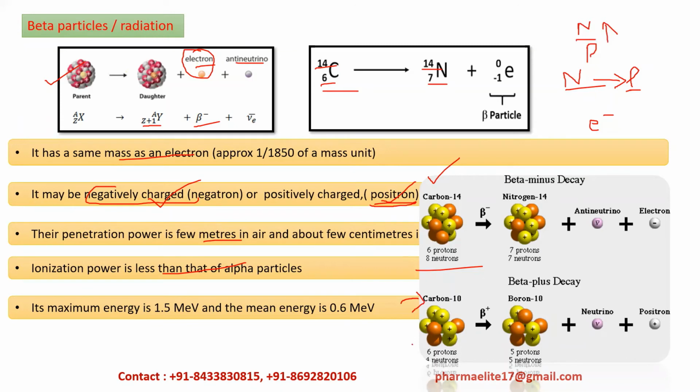यहाँ पर क्या है case, जो हमारा neutron by proton ratio है वो कम है. So here in this case, we have more protons, which will be converted into neutrons. The atom cannot be charged, should not be charged, and that's why there is a release of this beta in the form of a positron. बीटा पार्टिकल इन द फॉर्म ऑफ पॉजिट्रॉन.